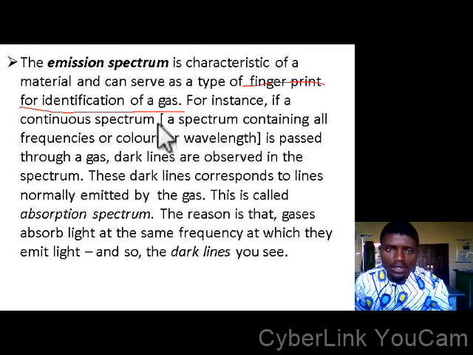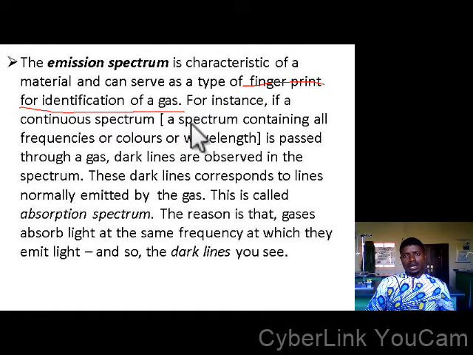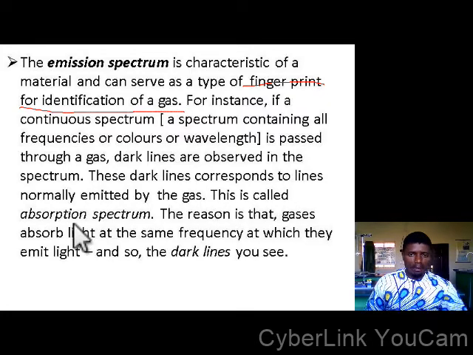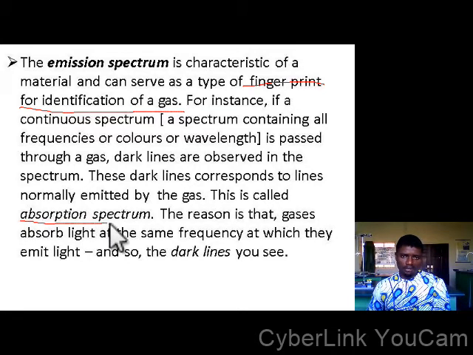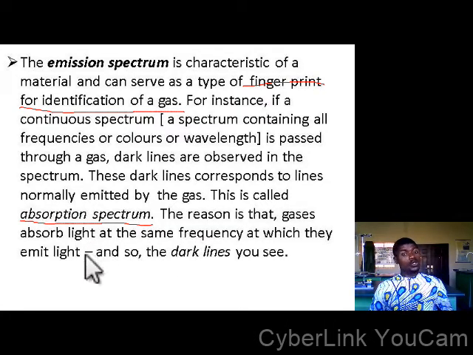So for instance, if a continuous spectrum, that is a spectrum containing all frequencies or colors or wavelengths, is passed through a gas, dark lines are observed in the spectrum. These dark lines correspond to lines normally emitted by the gas. This is called absorption spectrum. The reason is that gases absorb light at the same frequency at which they also emit light. And so the dark lines you see